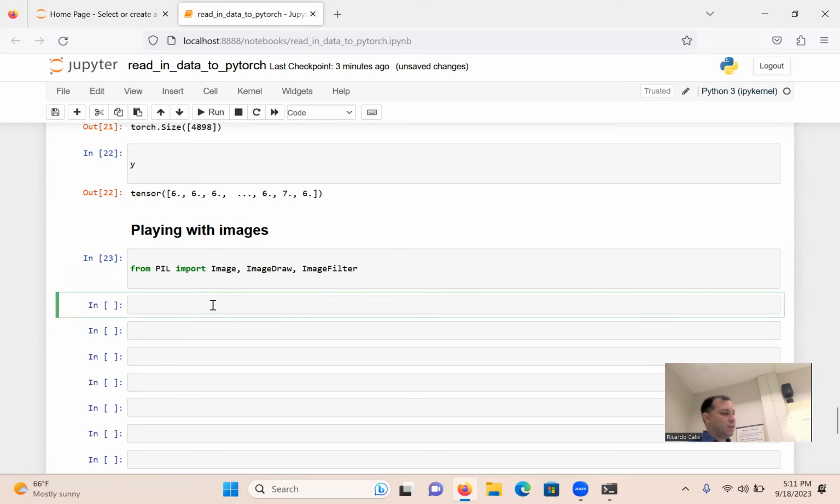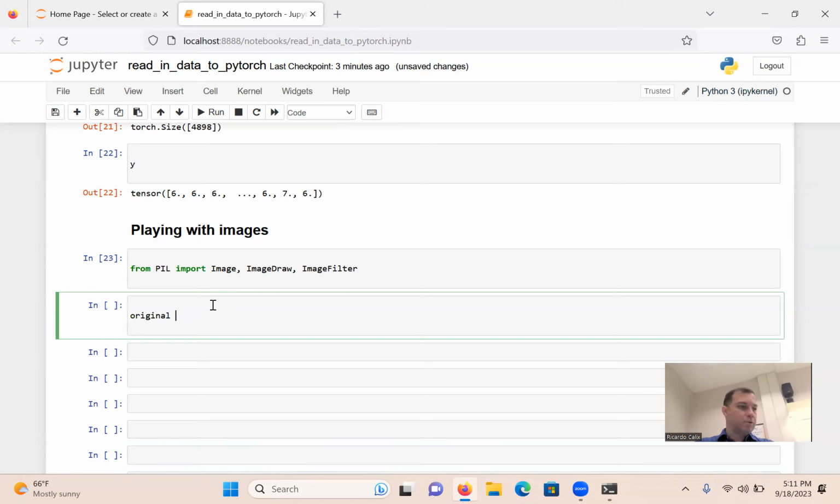So that gives us the libraries. And now we should be able to read in an image, all right? And this time around, we want to display it, right? We want to do more than, obviously, we would need to convert it to tensors, et cetera, as we did in last week's class. But here, as I said, my goal is more to play with the images and view them. So I'm going to do,